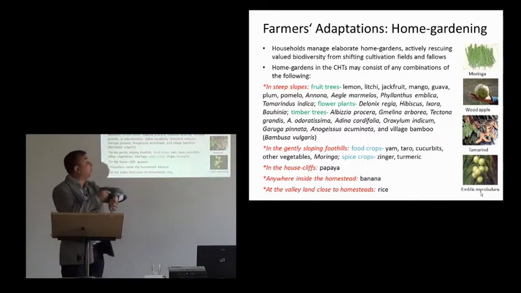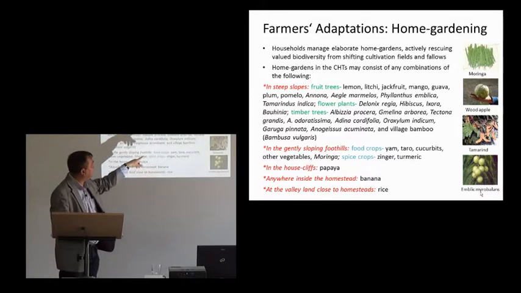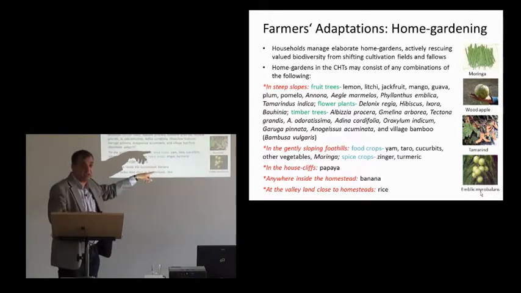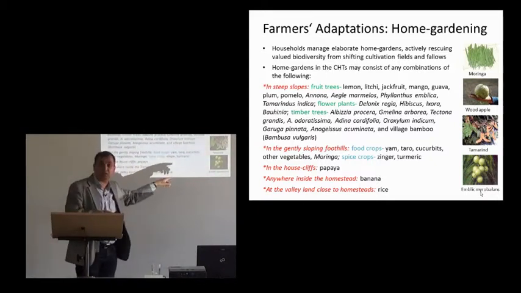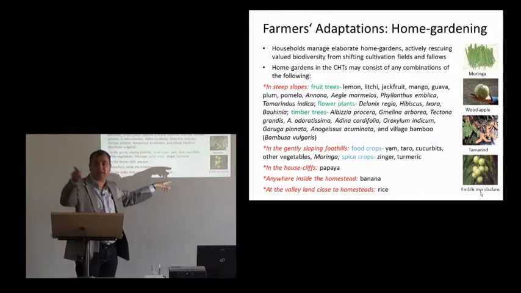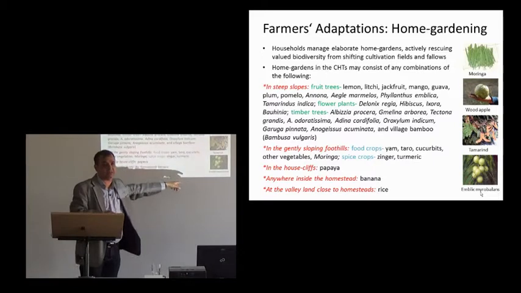I'm running out of time. Okay, it's a typical health food. And wood apple, good for stomach disorder. Tamarind is used for food preparation. And the Amblic myrobalan, which is called Indian gooseberry. I can find gooseberry here as well, but it's not like the ones that we found here. It's a bit sour.